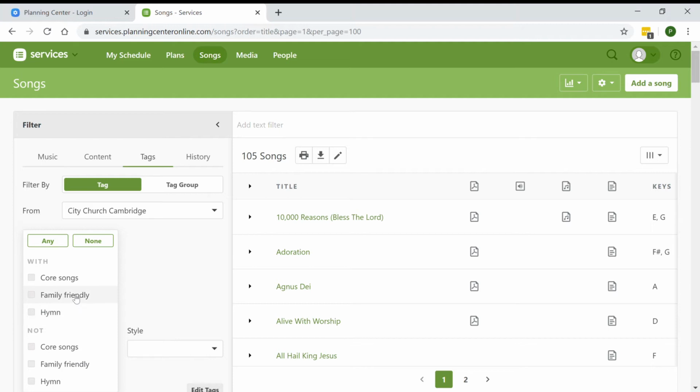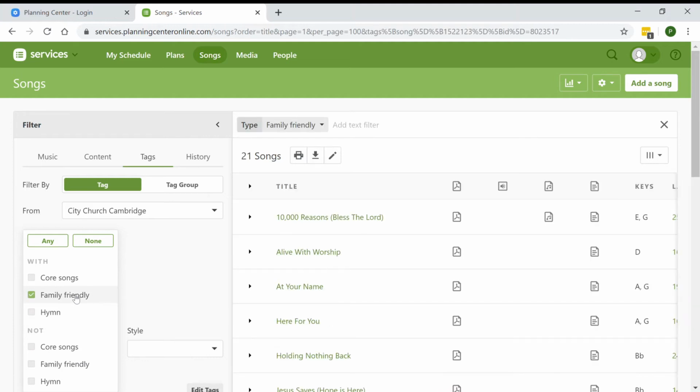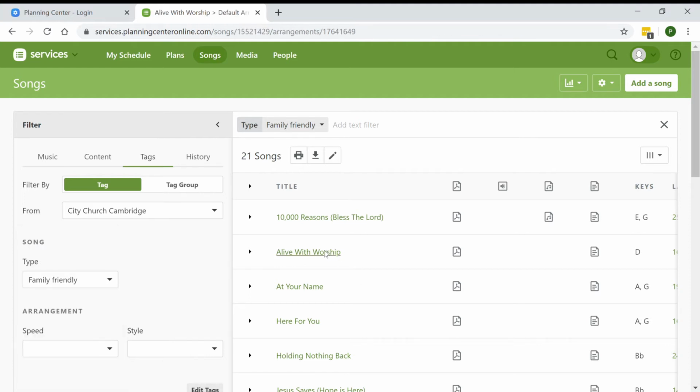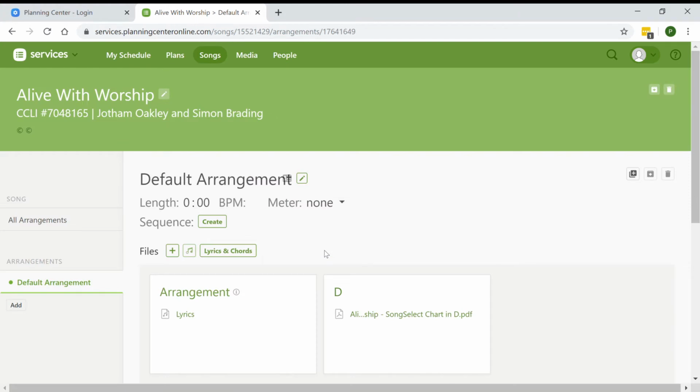But let's say that we want to think about some of the family friendly songs that we've got here. So here we go. I think I could pick 10,000 Reasons, Alive with Worship, Put Your Name. Let's go ahead and say I want to look at Alive with Worship here. So we're going to go into this song,